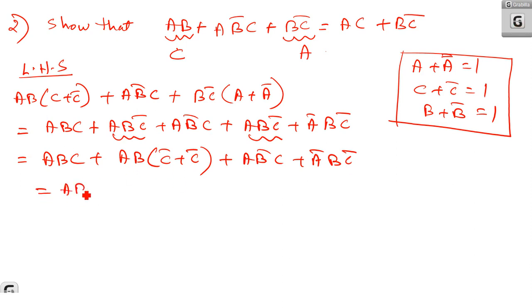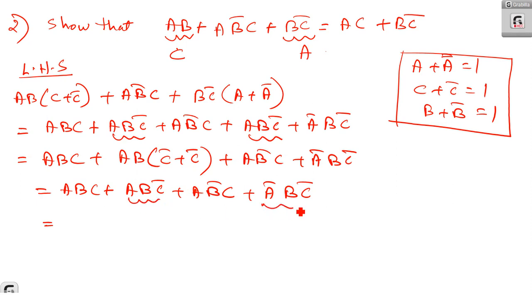So you can have ABC or ABC bar or AB bar C or A bar BC bar. Again, if you are simplifying it, what do you get? Now again, if you need to simplify it, you need to get AC or BC bar, right? So here the BC bar term is there. If you are taking these two terms and these two terms, in the first two terms AC is common.